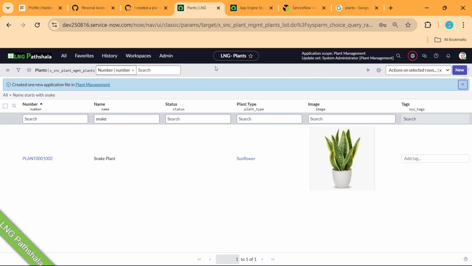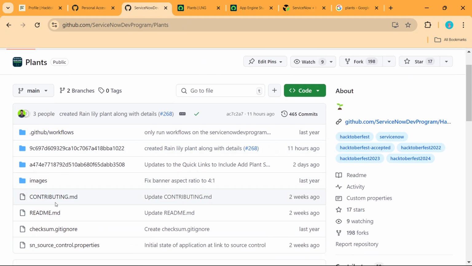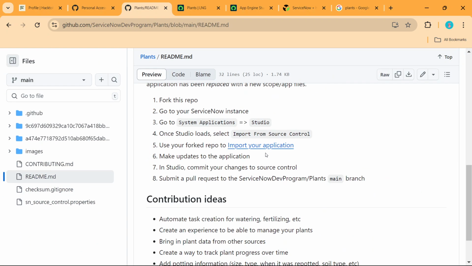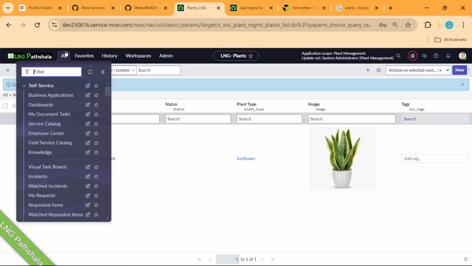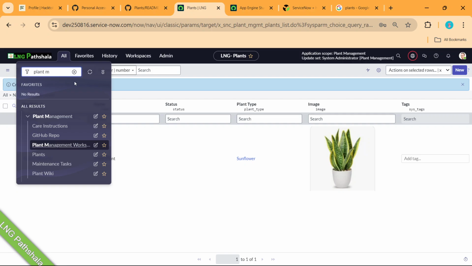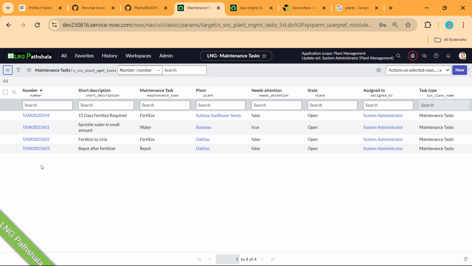Also, if you go here, if you open this readme file here, let me come back on the plants. If you go to the readme, you can use the same repository to create a task as well. Like I created a task. So what I'll do is go here and search for the plant, this one, and say okay, maintenance task. Create a new branch, put this in the new branch only, and your work will be done. So I created this one, 15 days fertilizer required for my plant only.